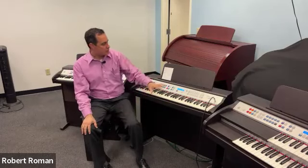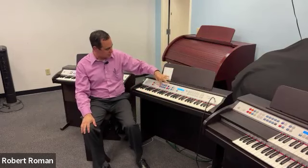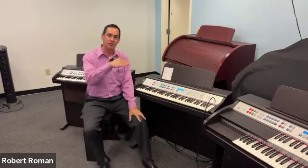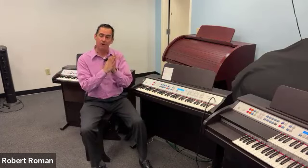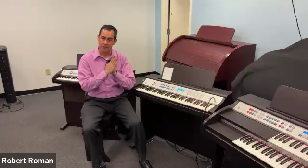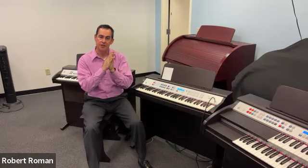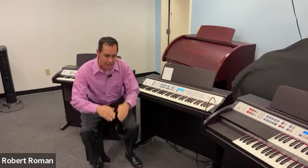All right. Now, that button is located on each of the instruments, usually near the rhythm section. Now, some of you have what they call an expression pedal or the volume pedal. And on that pedal, there's a switch to the right and a switch to the left. So if you have that expression pedal, you can put your foot in, and when you want the fill in, slide your foot over to the right. So as an example,